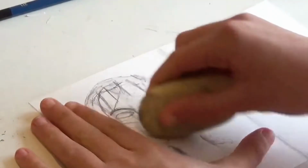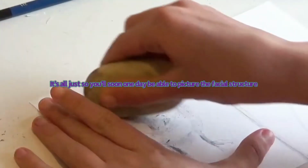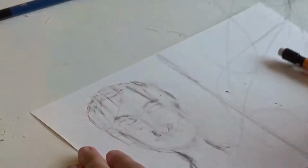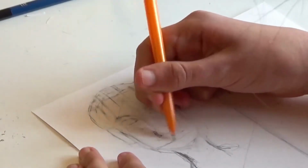And yes, I know I'm rubbing it all out. This is why I said don't try and draw a perfect circle every time. Because you're going to rub it out in the end, so there's not really much point. Now, I haven't even gotten to the mouth yet. So,